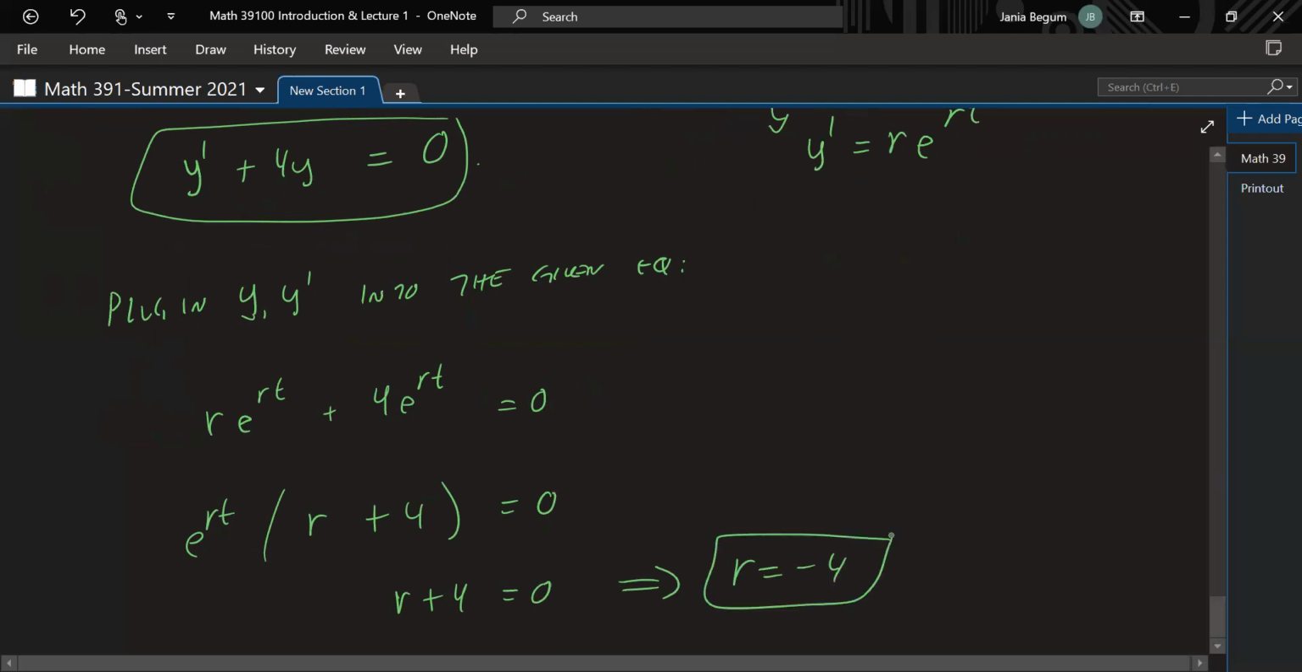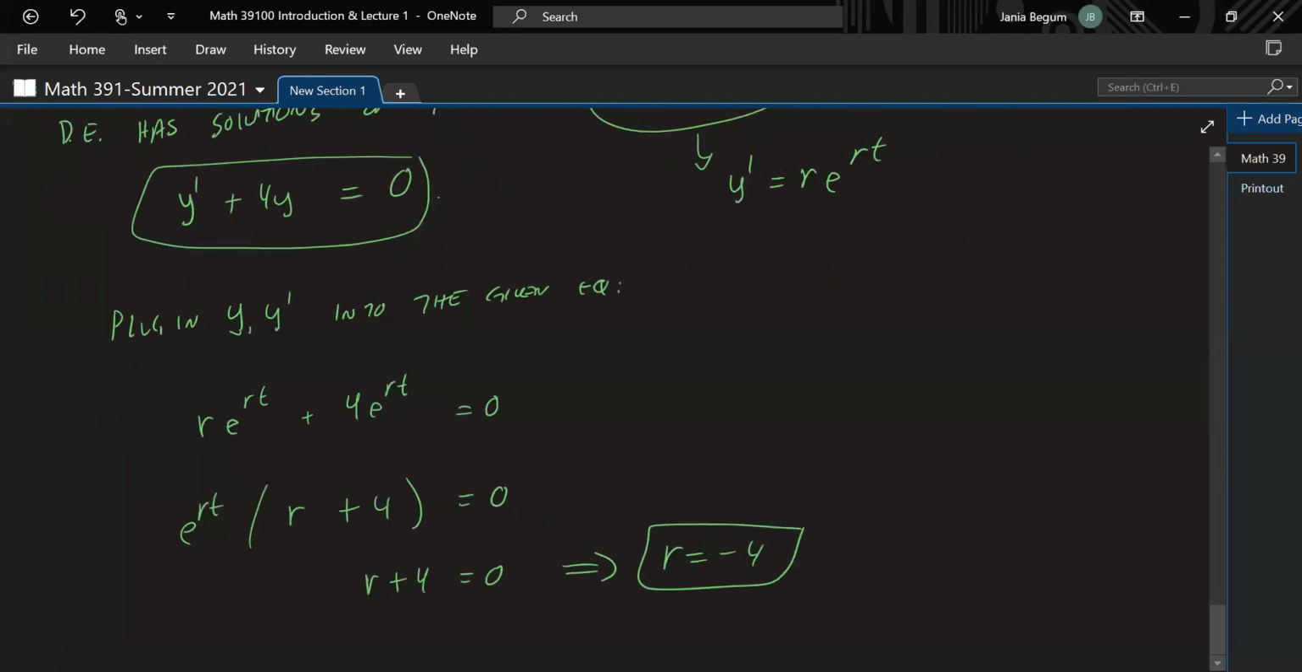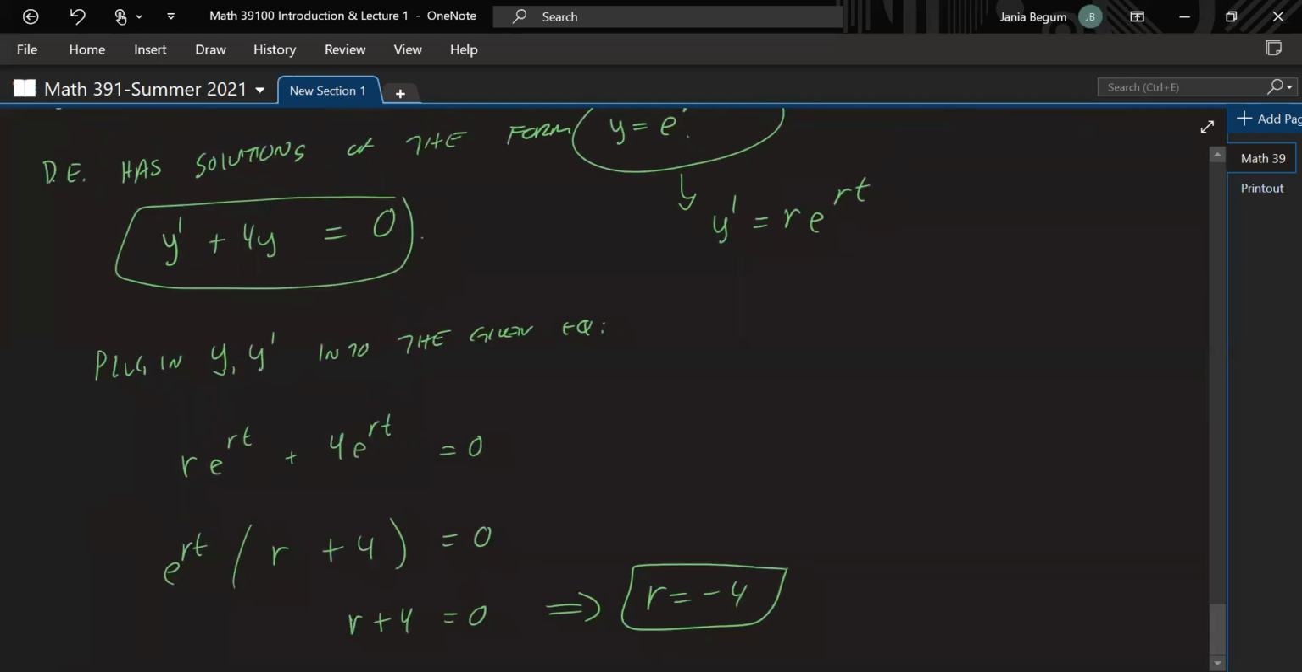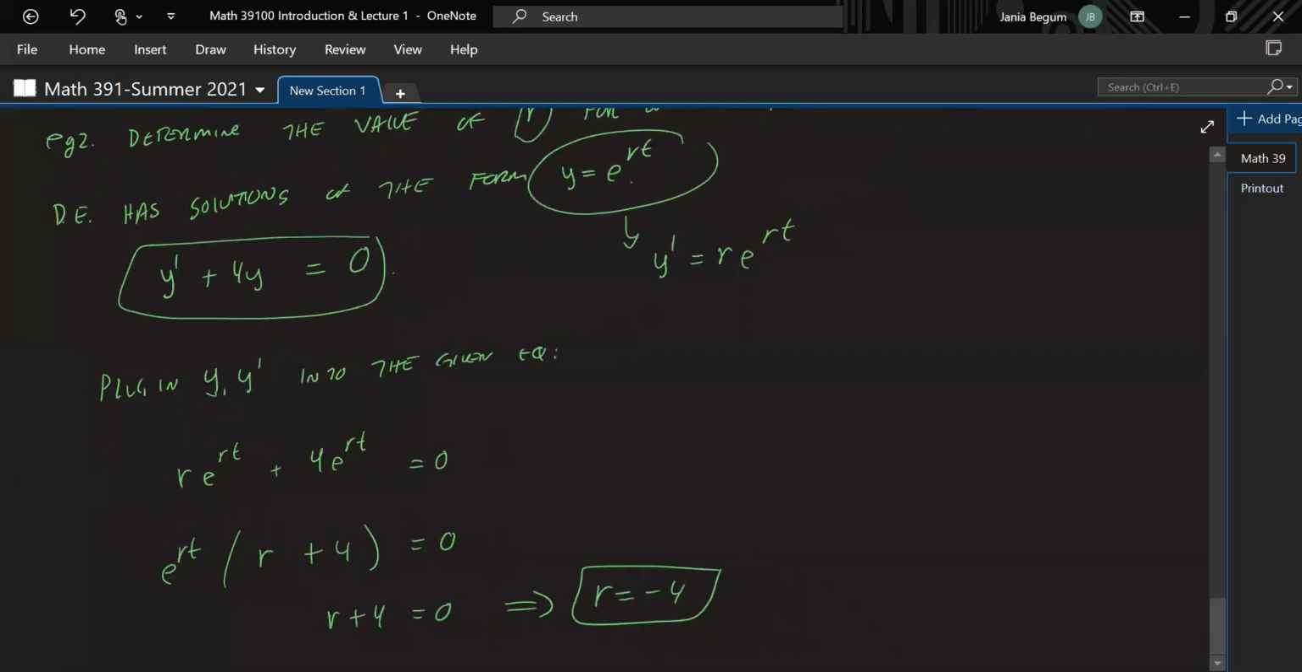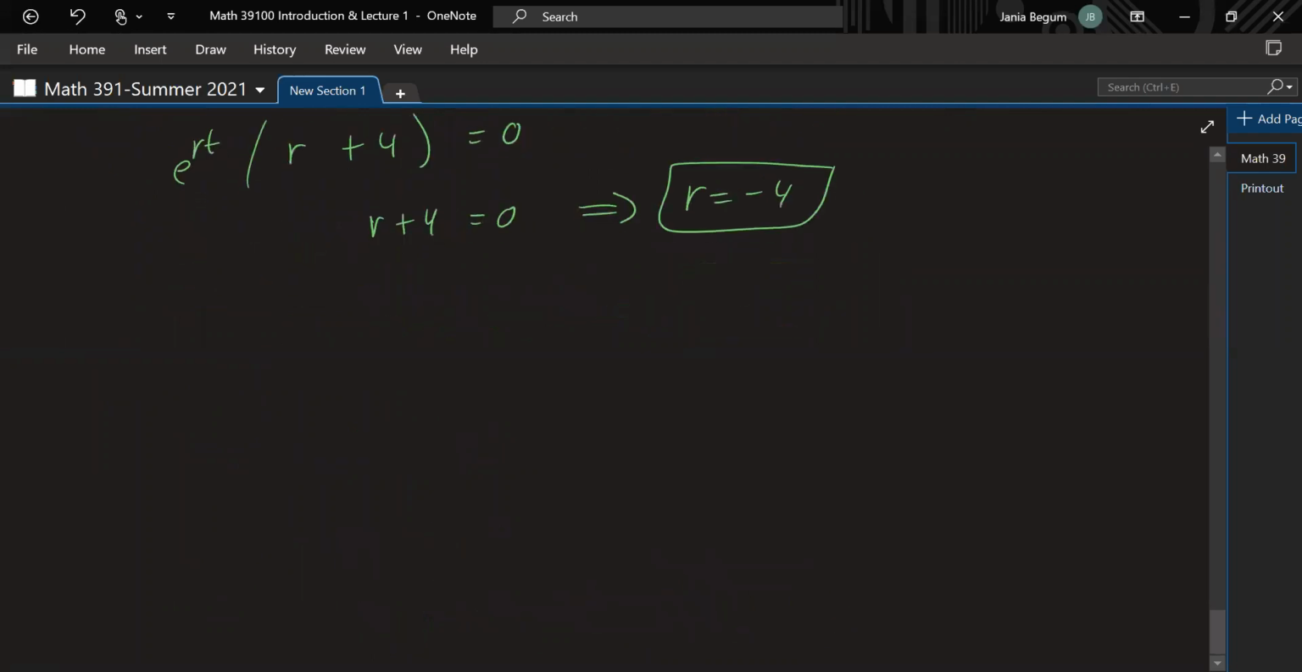So there you go. That's the value for r that will satisfy this differential equation if we assume that the solution form is y equals e to the rt. Any questions on this? Okay, so let's do one more problem before I move on to something else. So here's another example. I want you to determine